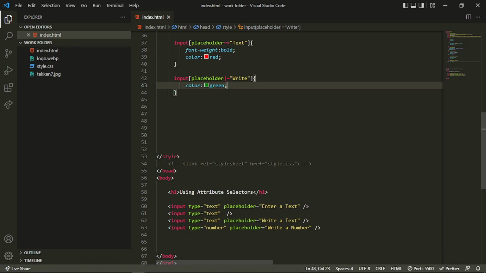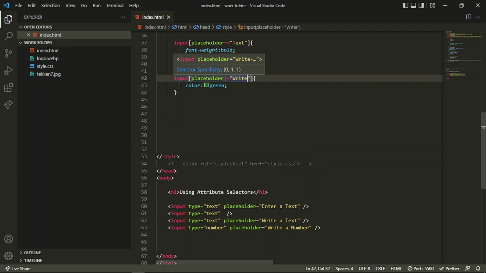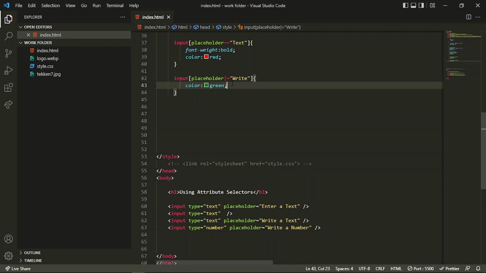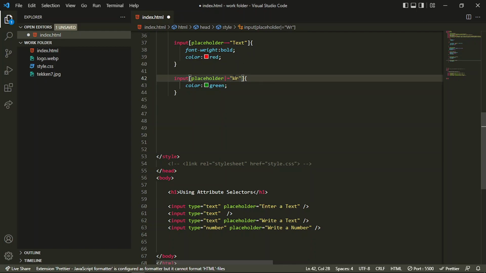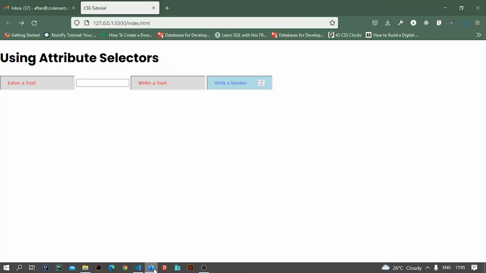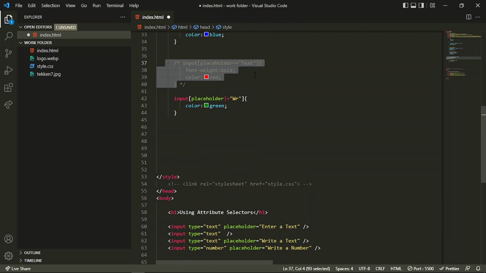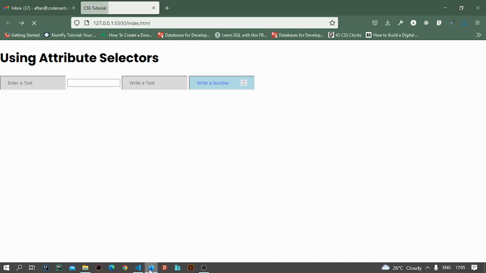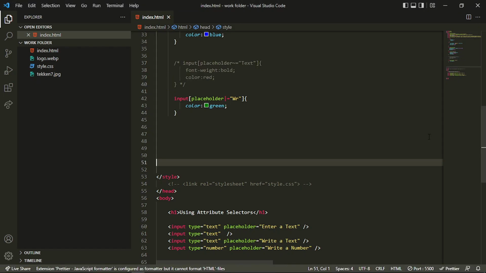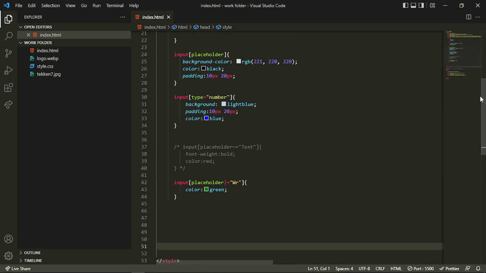Basically it is not doing that right now. This pipe symbol works like that, but maybe something happened. Let me just write it again like this. I think I should comment out the previous styling as well, because those kinds of rules make problems sometimes. Okay,